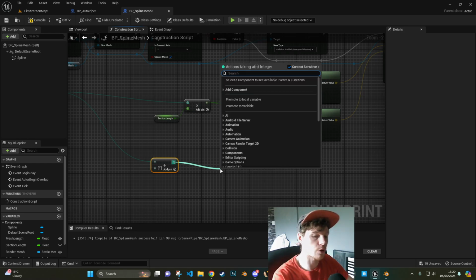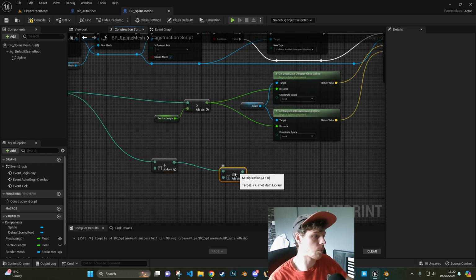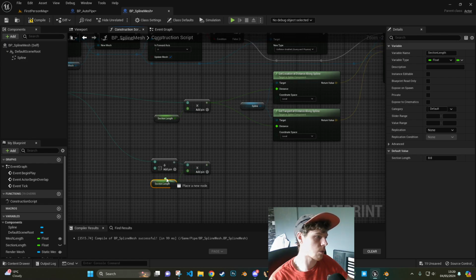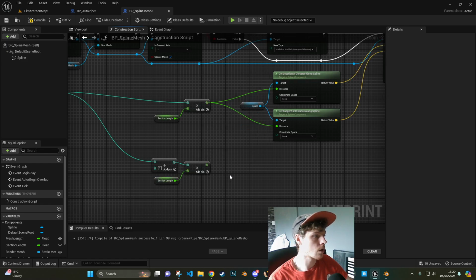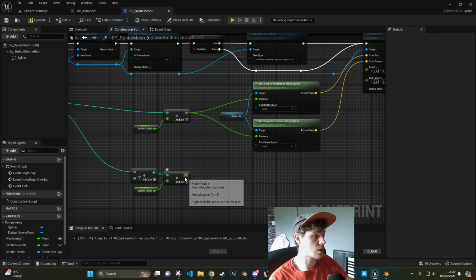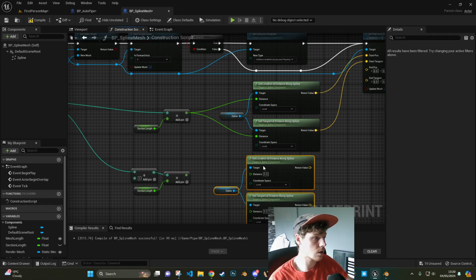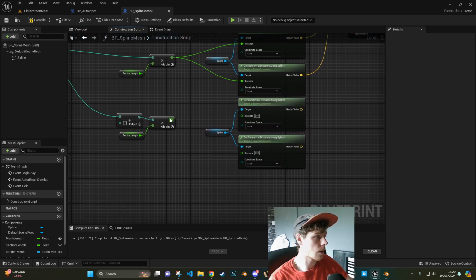Then from that, we want to do a times. We're basically doing the same thing here, so let's copy that. We'll plug that into there. Then from this, we need to do the same thing again here. So let's copy both of these and plug these both